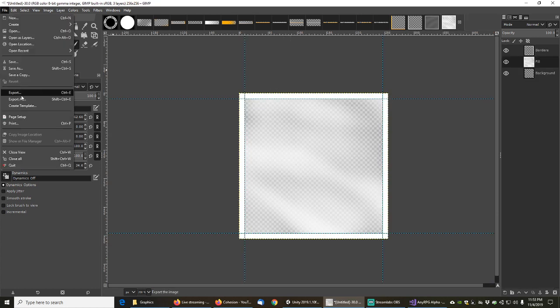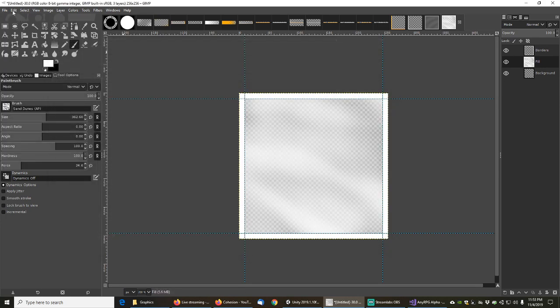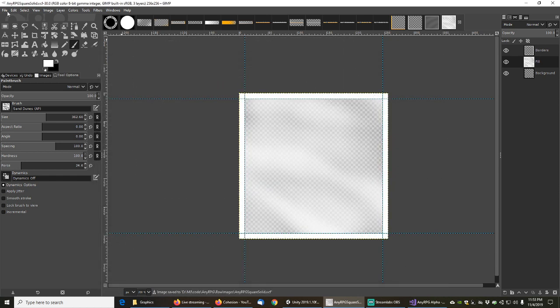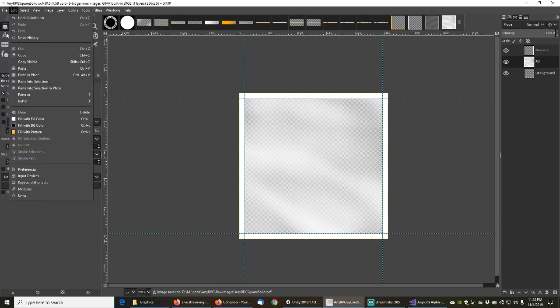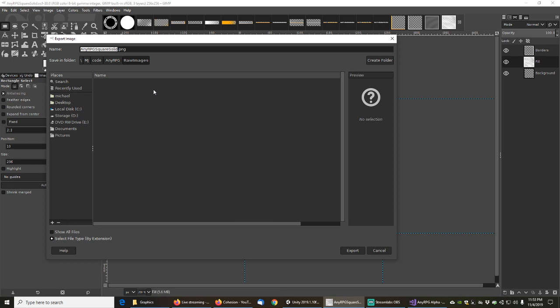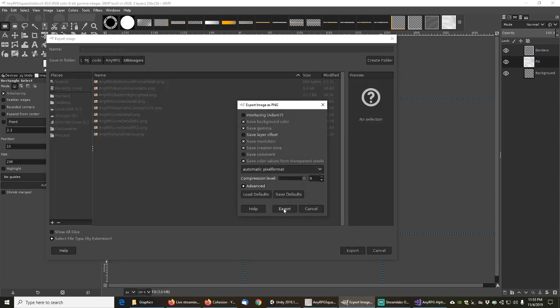So file, export as, no, file save as Square Solid, AnyRPG Square Solid, save, file, export as UI images AnyRPG Square Solid,